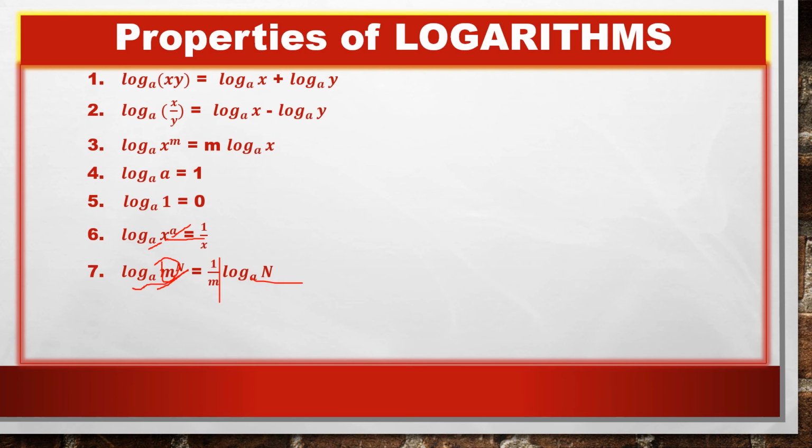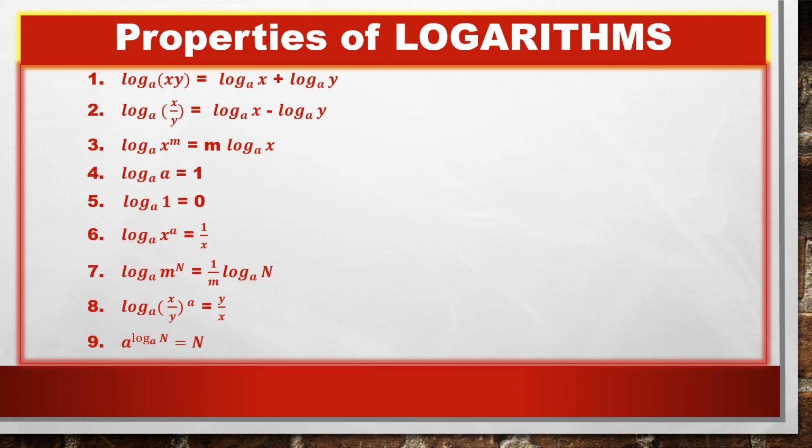Okay. Now the next property is log. Here if you observe carefully, these two are same, means whatever is in between should be reciprocal, right? So x by y will become y by x. Similar to this one only. Here just x is there, so I wrote reciprocal 1 by x. Whereas here x by y, its reciprocal will be y by x. Let us go to the next property.